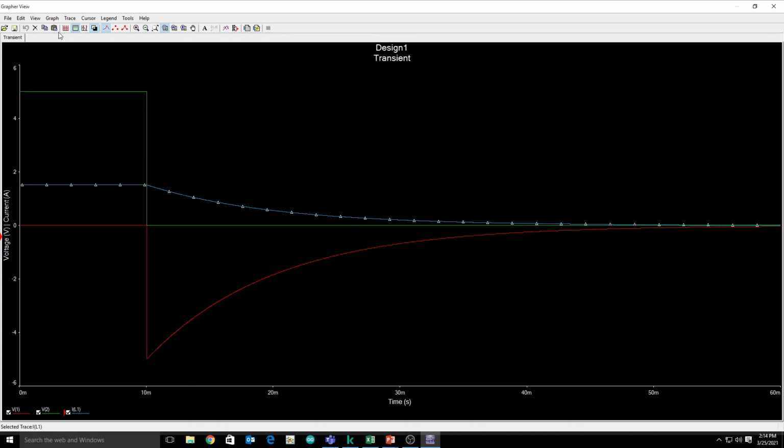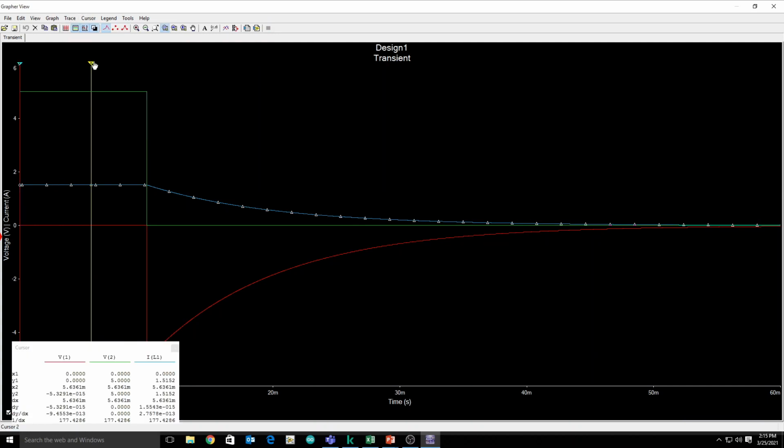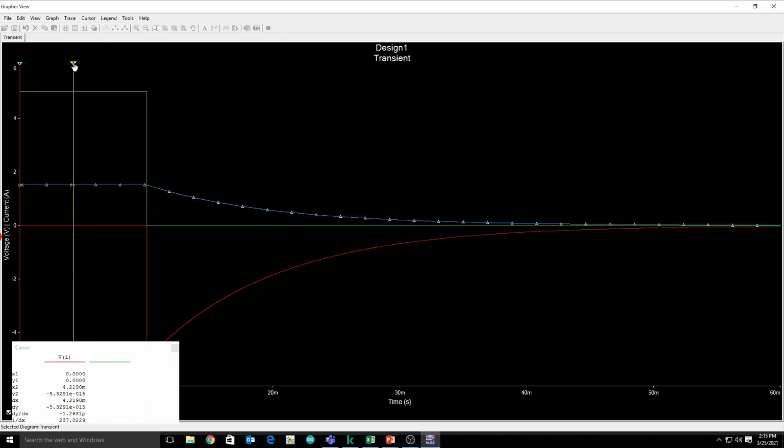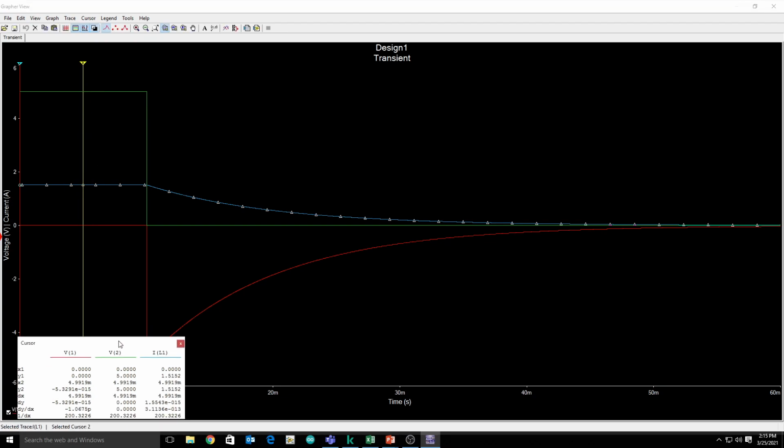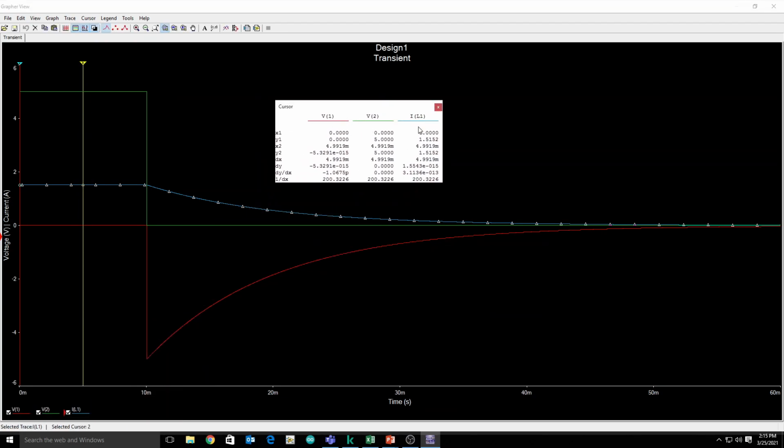So we are going to open the cursor here. Okay, the cursor is showing, and you can see that this is IL1, and we are measuring this blue line, and the current is approximately 1.51. This is Y2, so Y2 is 1.51 ampere. First we are going to measure at the initial point, at 0 milliseconds.